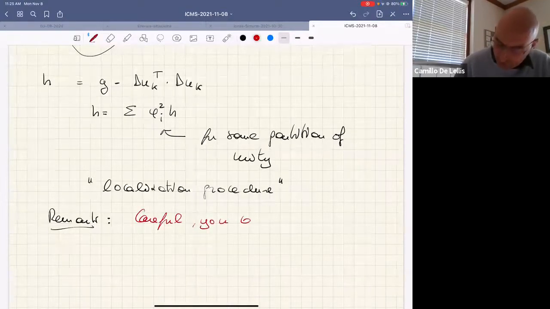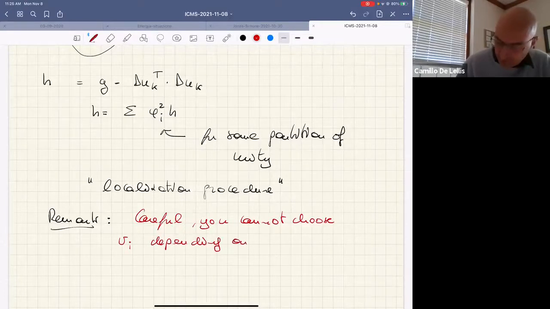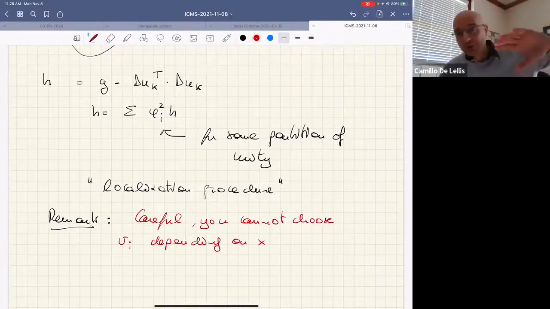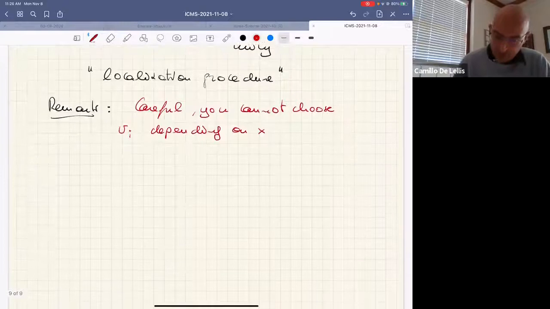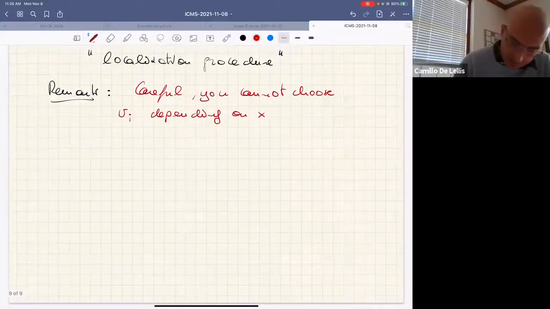the v_i depending on x, which is the other choice that you might be tempted to make when you're passing from one chart to the other. The reason why you can't do that is because when you go back to your ansatz, let me write it for you over here. So you remember your ansatz has the following form,